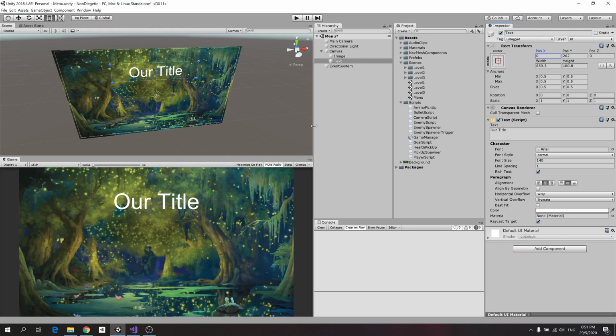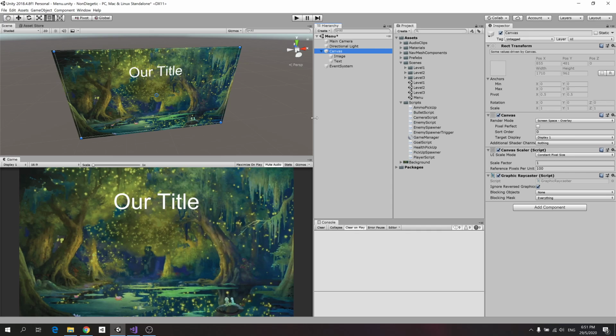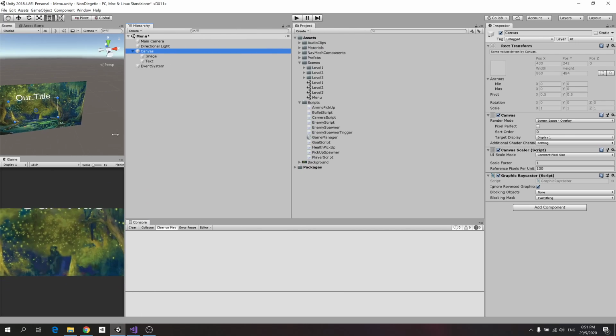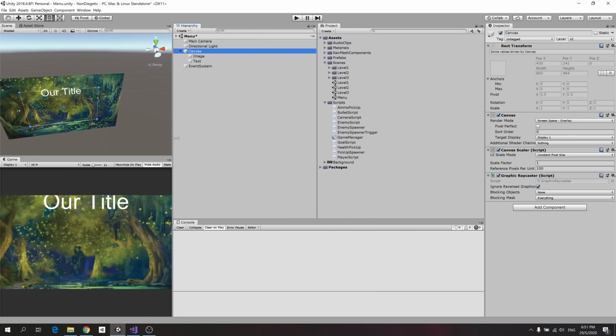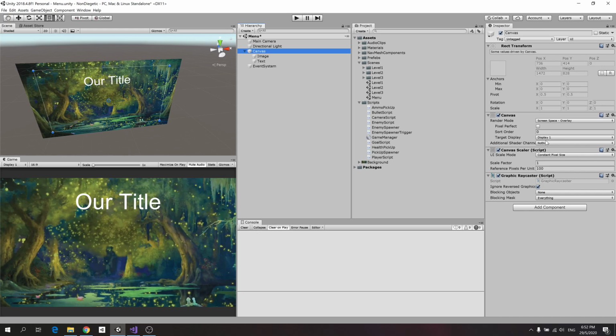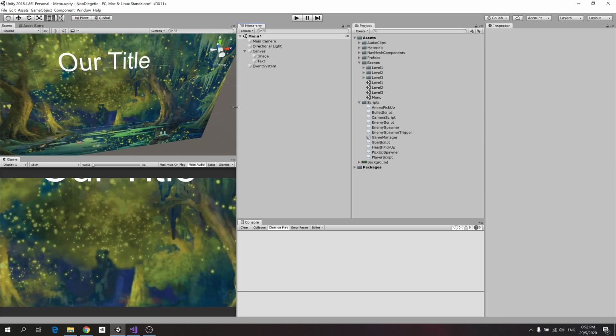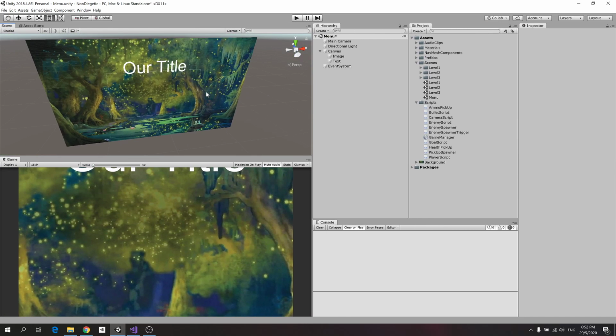As for every time we create canvases, you want to make sure you scale your canvas. If not, when you have different screen resolutions, you have a problem. So to do that, we'll just click on our canvas, then click on the Canvas Scaler, and set it to scale with screen size. Then we can